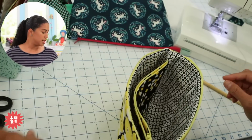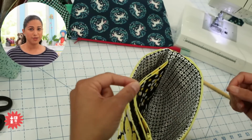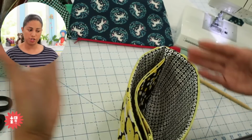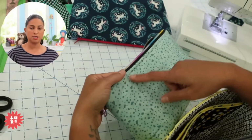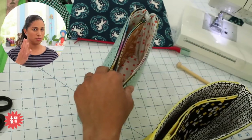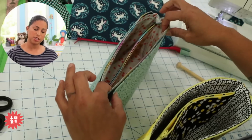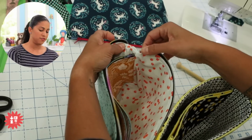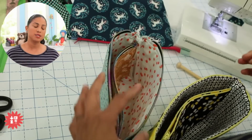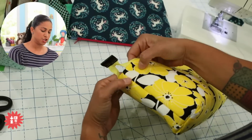The other option that JJ mentioned here was to leave an inch on each side. So this would give you, like I mentioned, a hybrid version of completing and finishing your projects. So say you wanted to do some top stitching because you wanted to use a fun thread, or you do like the idea of sinking that lining in and securing it with the top stitching so it doesn't come up on you, but you don't like the little pinches that we have here on the corners, okay? That is when you could totally use that third option, and that is leave an inch away from the side